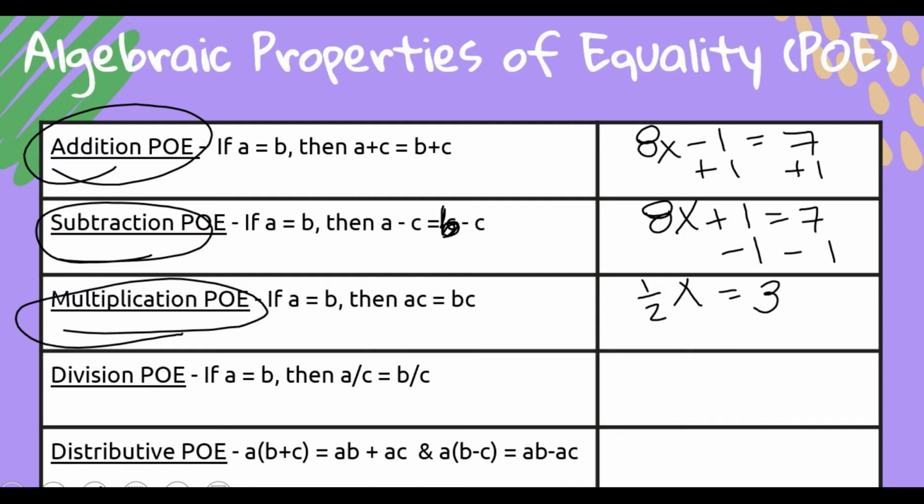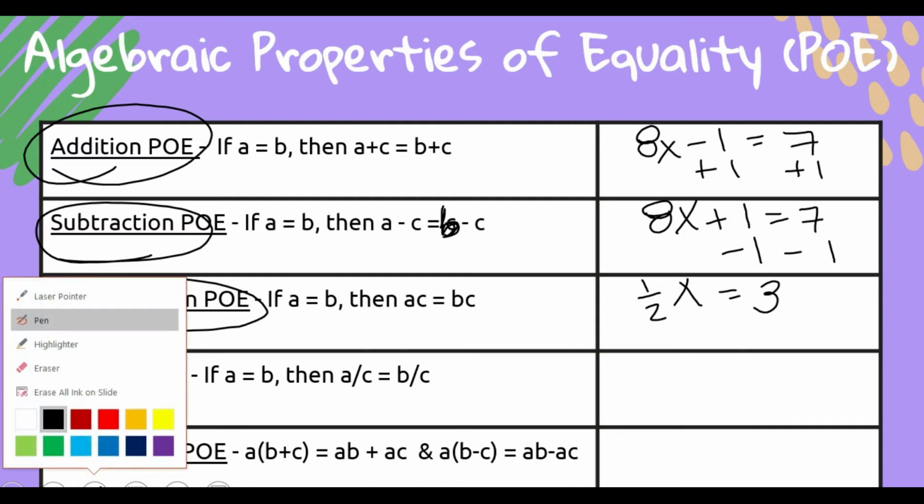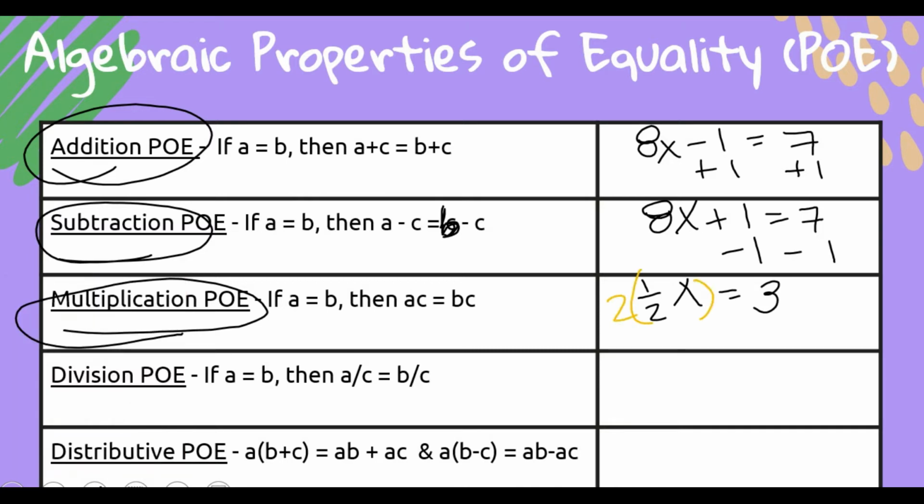So in a problem like this, you would start off by multiplying both sides by 2, and then your next step would be this stuff,